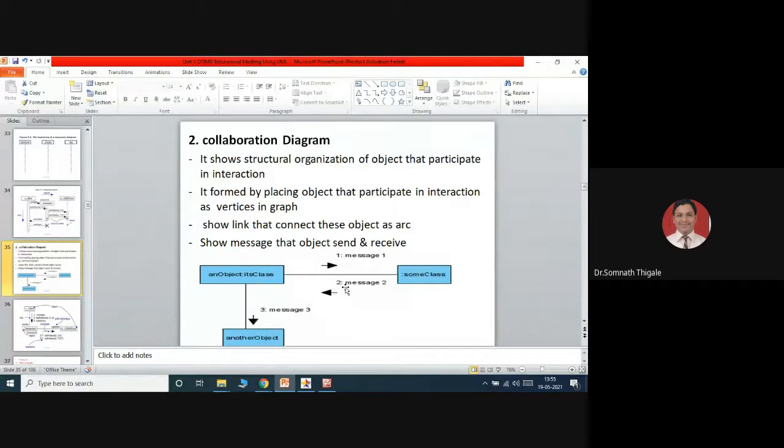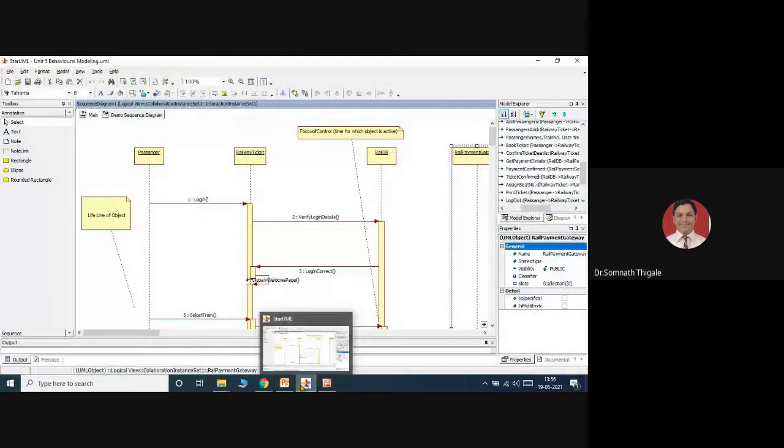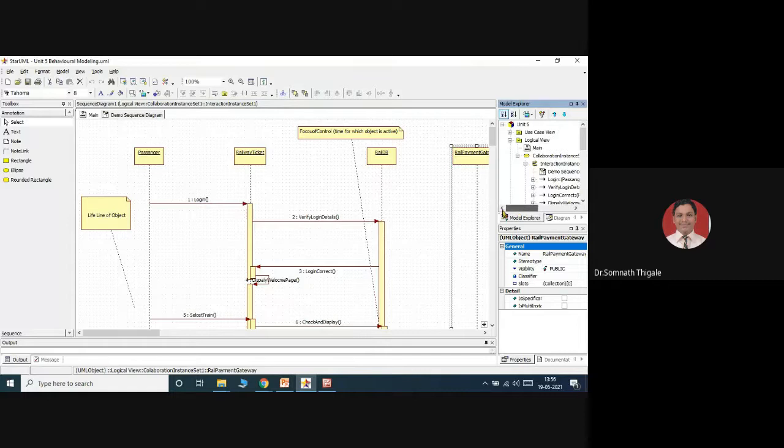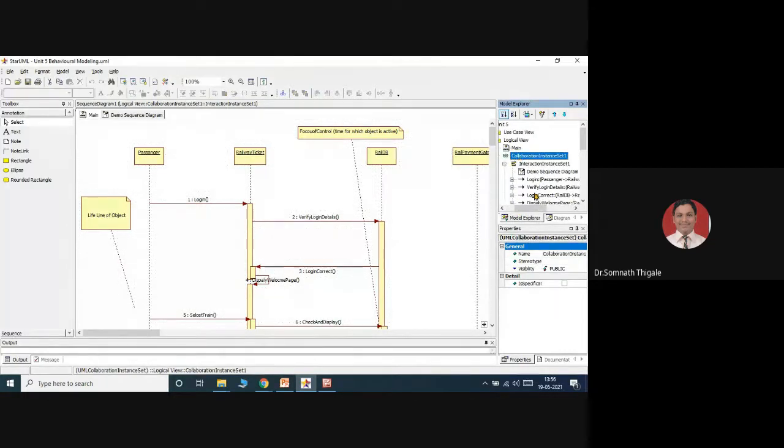So let's see how. Once I complete my sequence diagram, I will add one more sequence diagram, and from it I will show you how to draw the collaboration